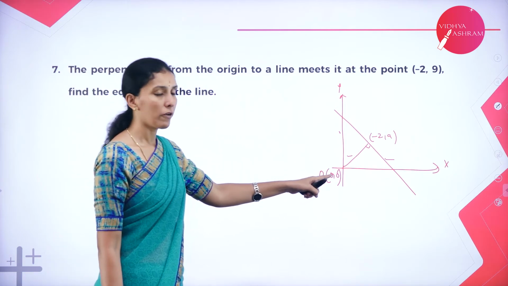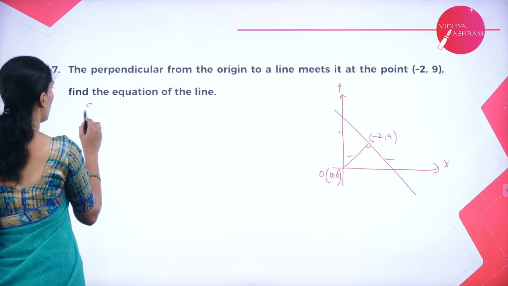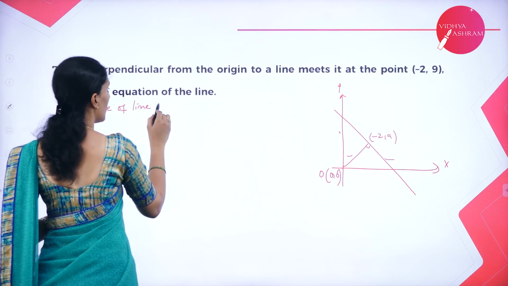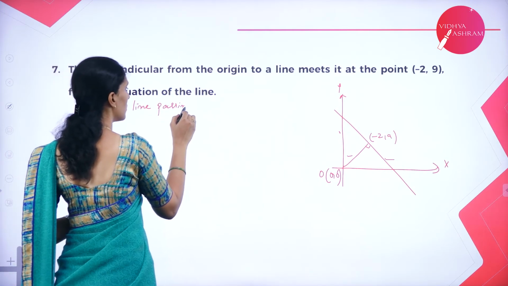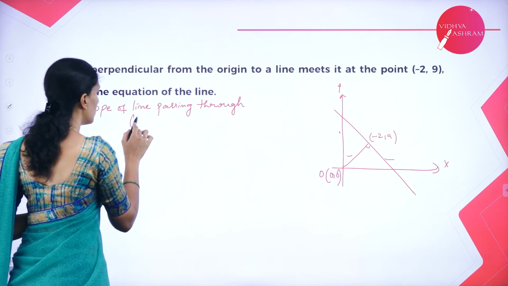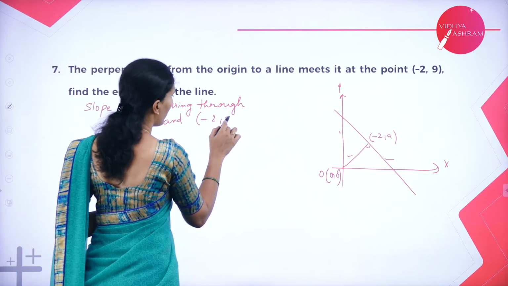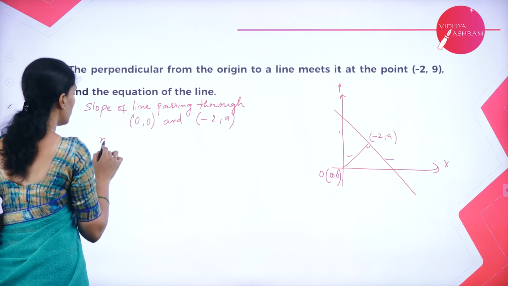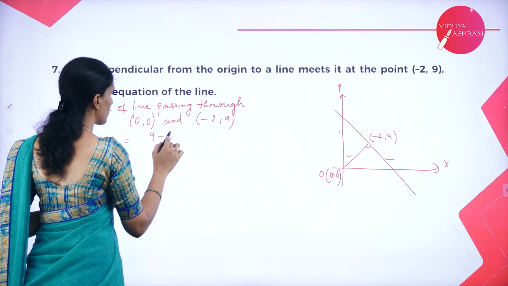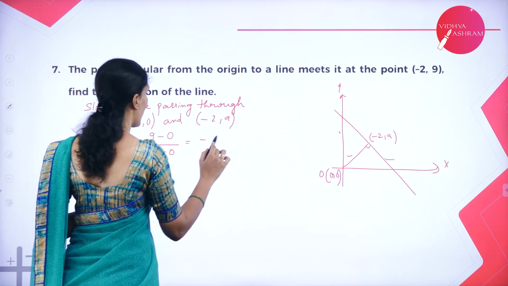Let us find the slope of the line passing from the origin to the given point. Now, the slope of the line passing through 0, 0 and minus 2, 9 will be m1. I will take m1 is equal to y2 minus y1 over x2 minus x1, which is minus 9 by